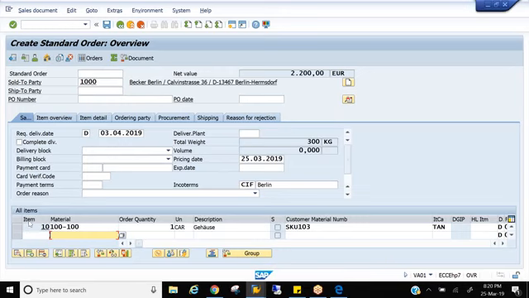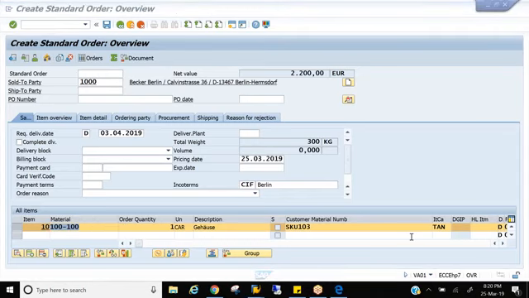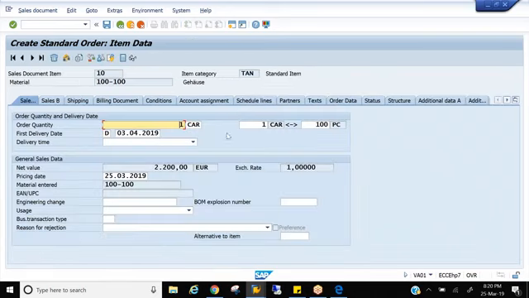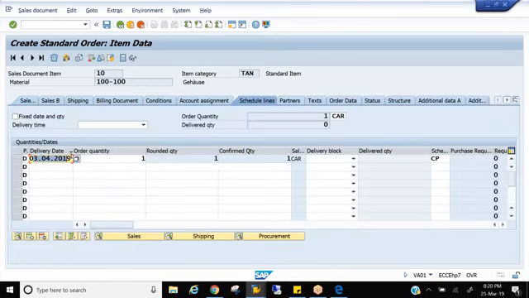Yeah. So whatever we are discussing is item category. And as I told you, an item category is applicable only for that particular item. You see, TAN has come here, right? If I double click this line item, you are seeing a button called schedule lines. If you go to the schedule lines, you are seeing a confirmed delivery date plus confirmed quantity. This is the schedule line, right?